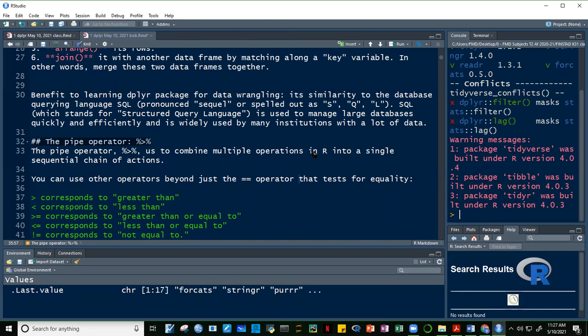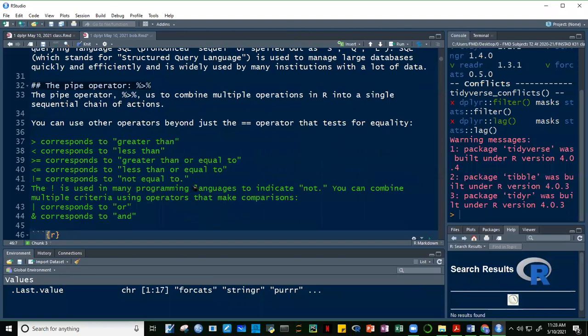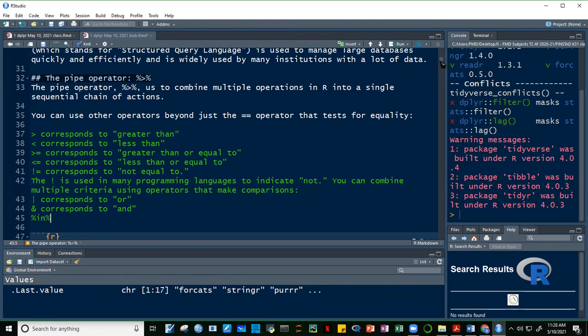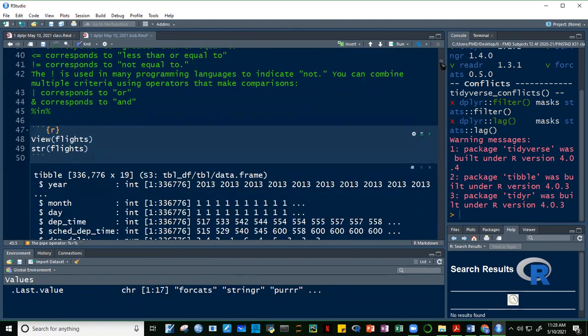So we're using the pipe operator. And again guys, these are our operators: greater than, less than, less than or equal to, greater than or equal to, not equal to. This is the exclamation point. Not greater than, not less than, and then or, and then and. And on the cheat sheet, there's also %in%, right? Okay? Also is.na, etc. Okay, we're going to use this